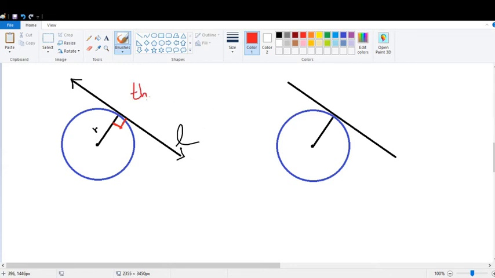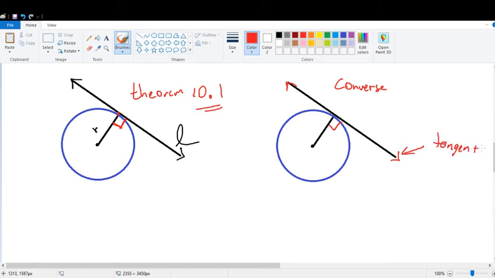This is actually a theorem. Your book calls it 10.1. This is irrelevant. Just know that if this line is intersecting the radius at one point on the circle, then they are perpendicular. And if we look at its converse, working backwards, if this line here is perpendicular with this radius,